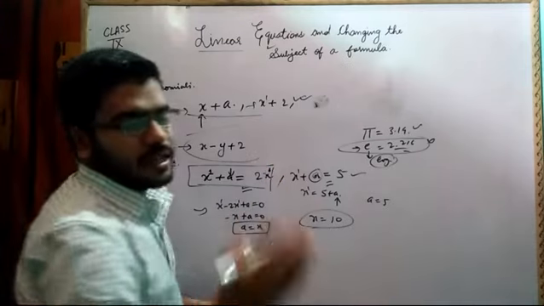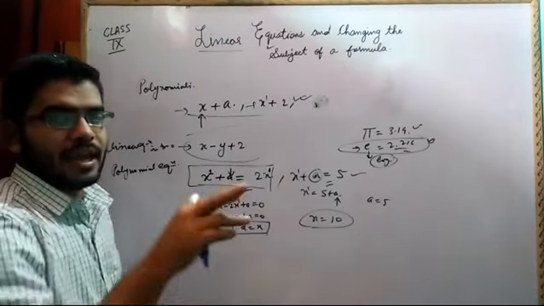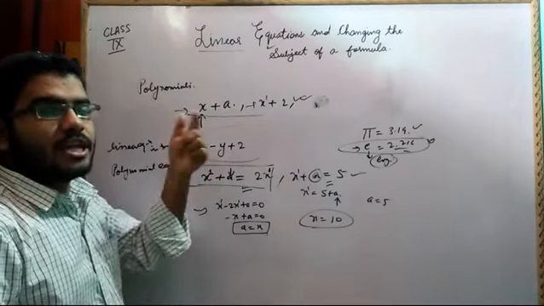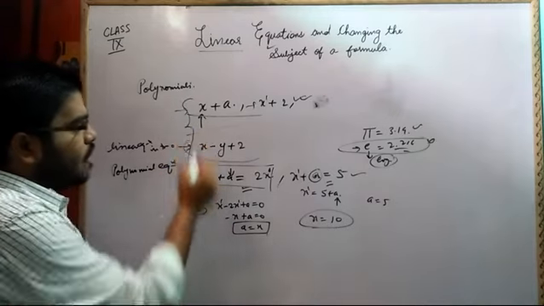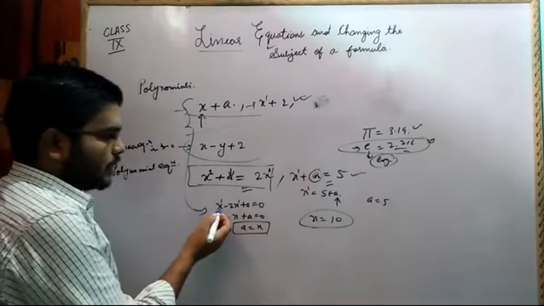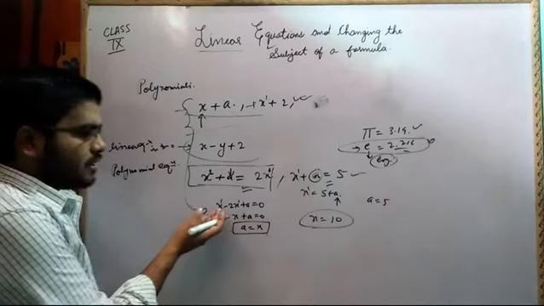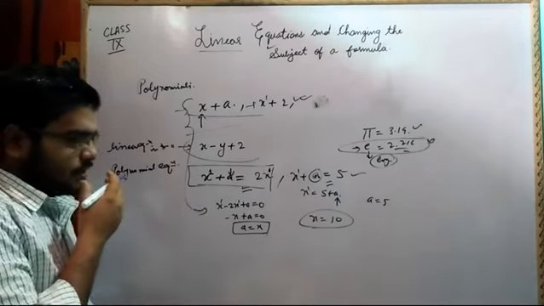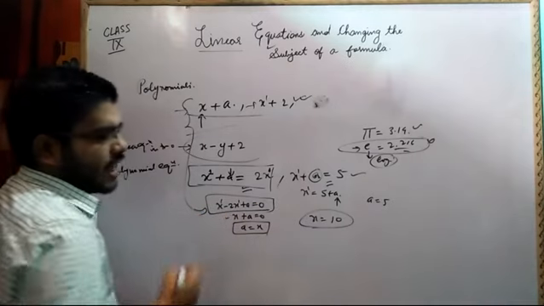In that case the degree was equal to 2: 1 plus 1 is 2, because x is raised to power 1 and y is raised to power 1, so their addition will be equal to 2. So the highest power of the polynomial, or of the given equation, should be equal to 1, and we know that comparison of power is done with division. We decide the power of the variables.